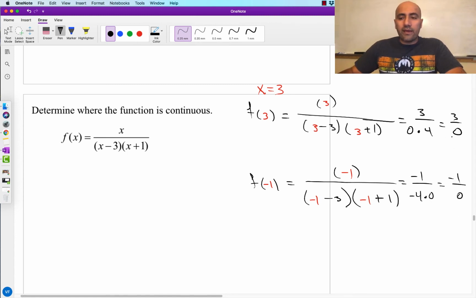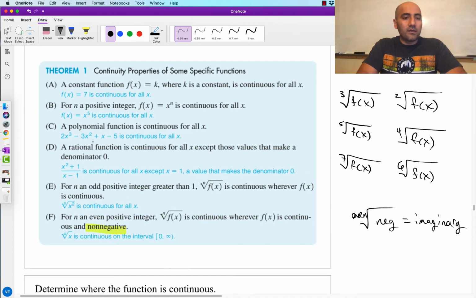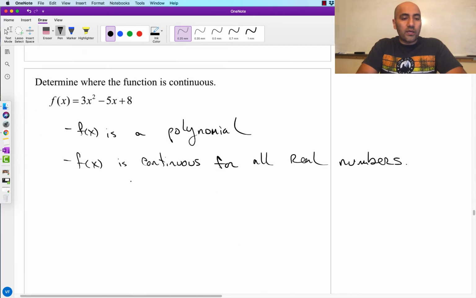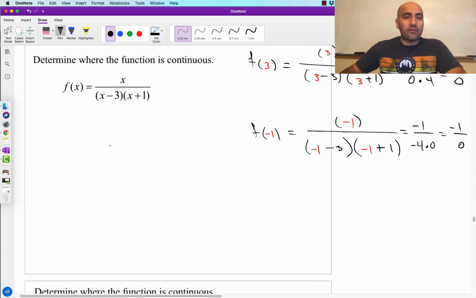Either way, we have a 0 in the denominator, and so one of our properties indicated that our function is going to be continuous everywhere except at the places where the denominator equals 0. That was this property right over here, property D. The rational function is continuous for all x except those values that make the denominator 0. So by property D, we can conclude that this function will be continuous everywhere except at those values. So f of x is continuous